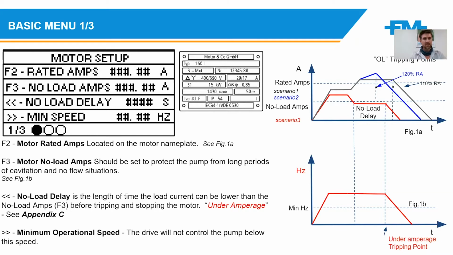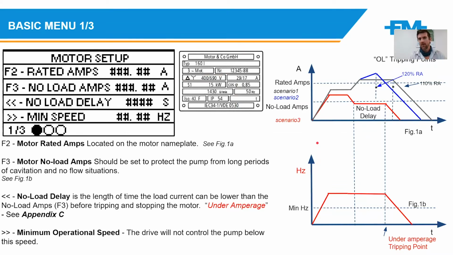Also on the basic menu, 1 out of 3 is the minimum speed. So this is the absolute minimum that you would like the system to operate at. Generally, we would set that at 30 Hertz as a default when we do a pre-commission. So on the right-hand side, you can see a